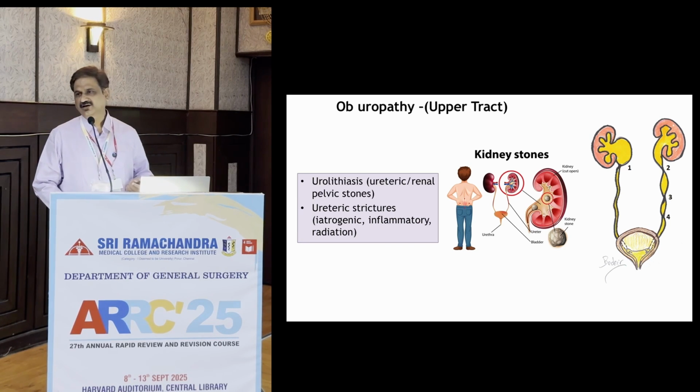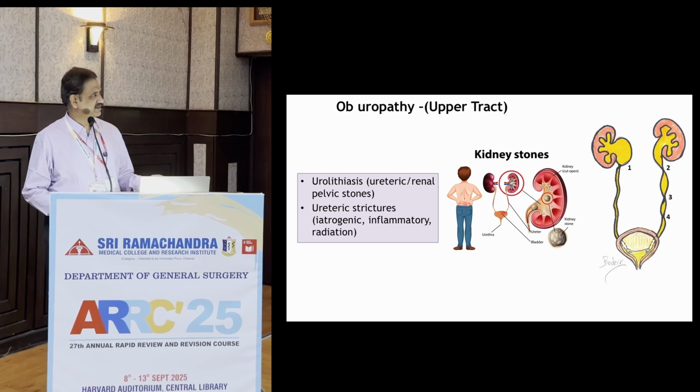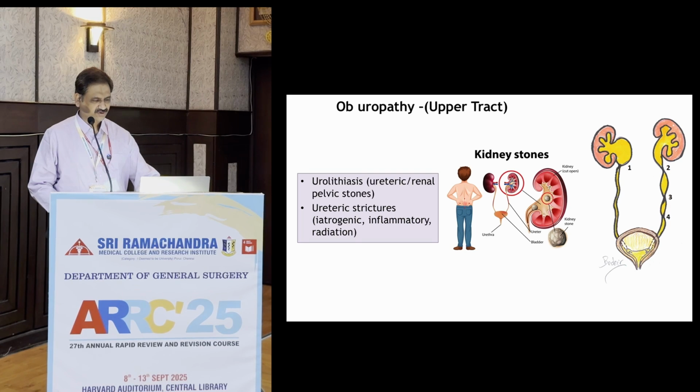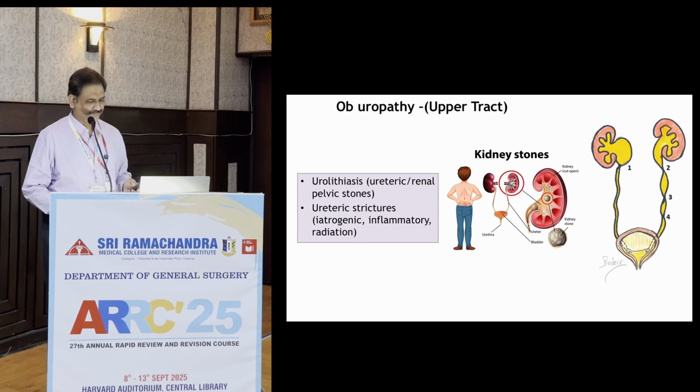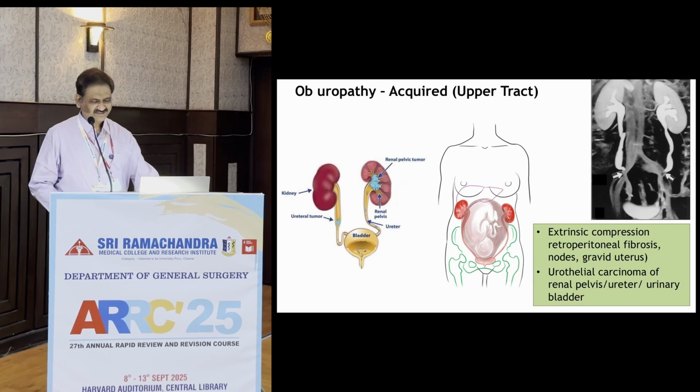Especially that is very common with certain types of lasers. We use a holmium laser here, which has the lowest incidence of ureteric strictures, whereas the other lasers like thulium can produce more ureteric strictures. So with increasing usage of lasers, these iatrogenic ureteric injuries and strictures are becoming more and more common these days. And inflammatory strictures and post-radiation effects can all produce obstructive uropathy related to pathology in the upper tract. Another entity is extrinsic compression of the